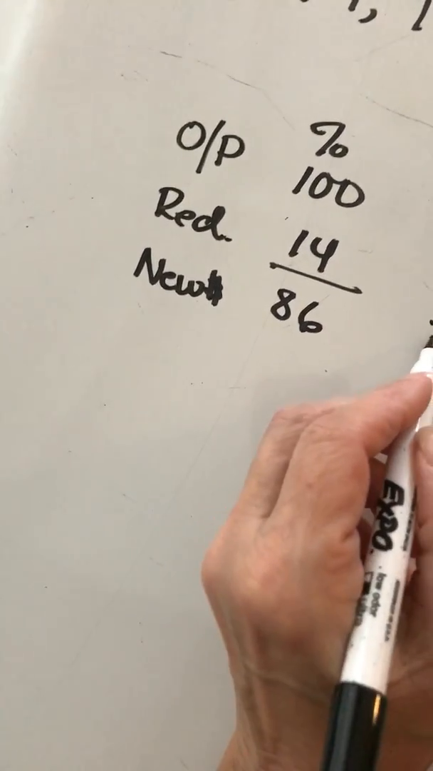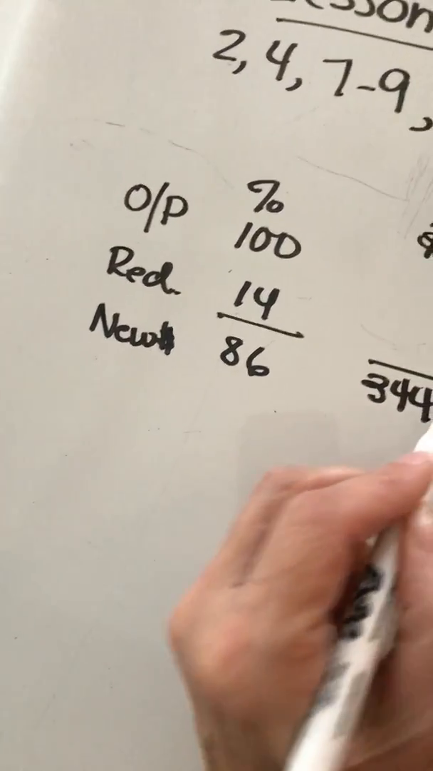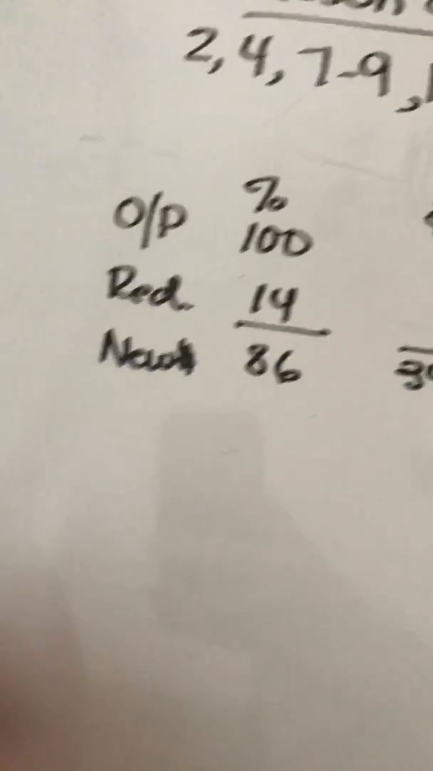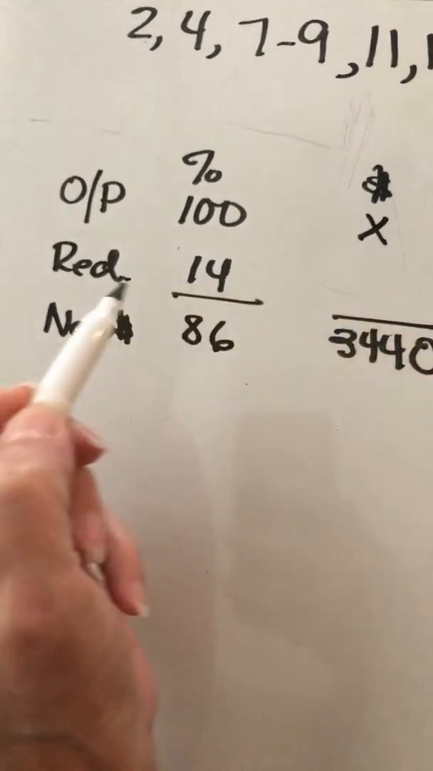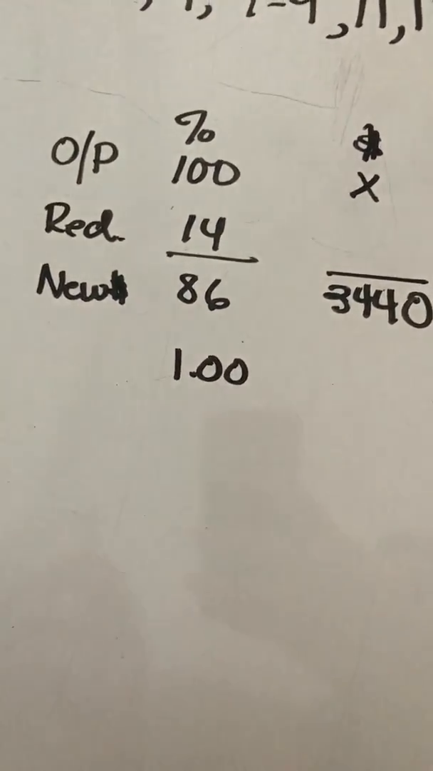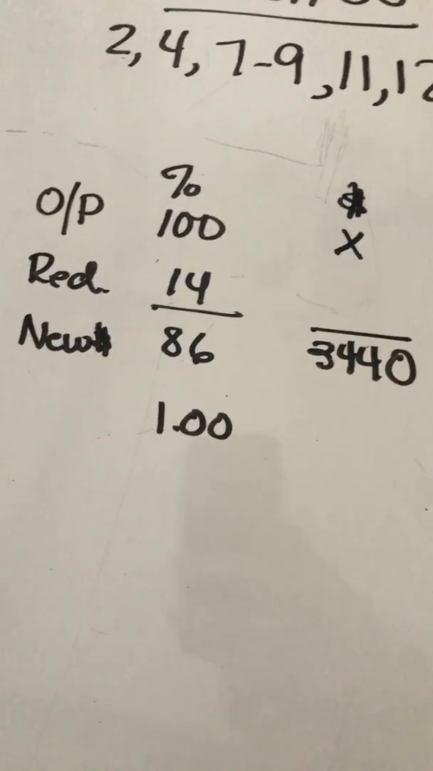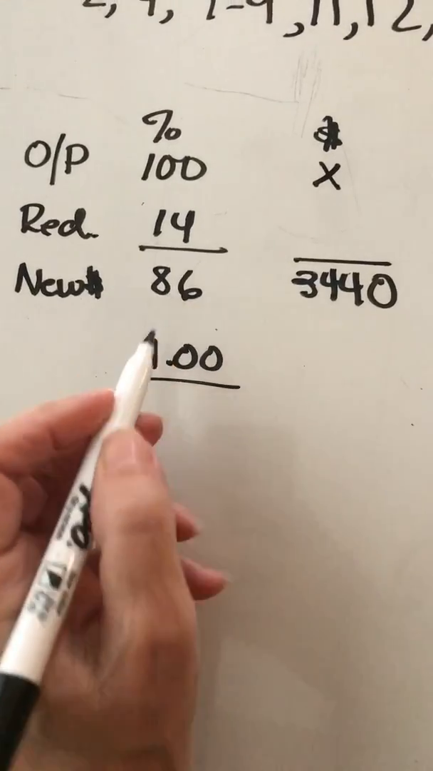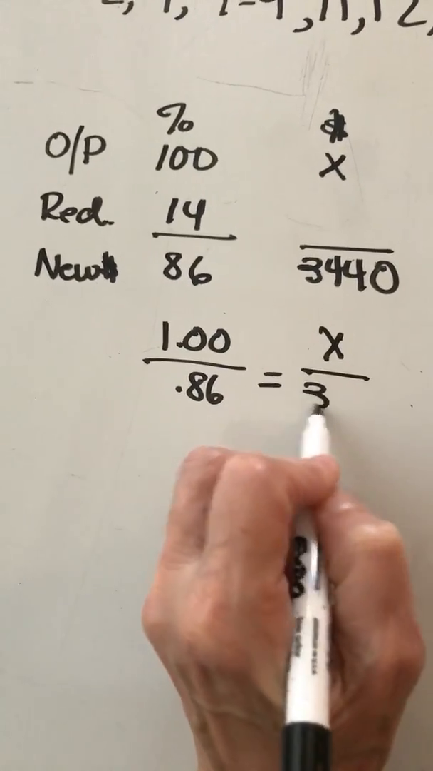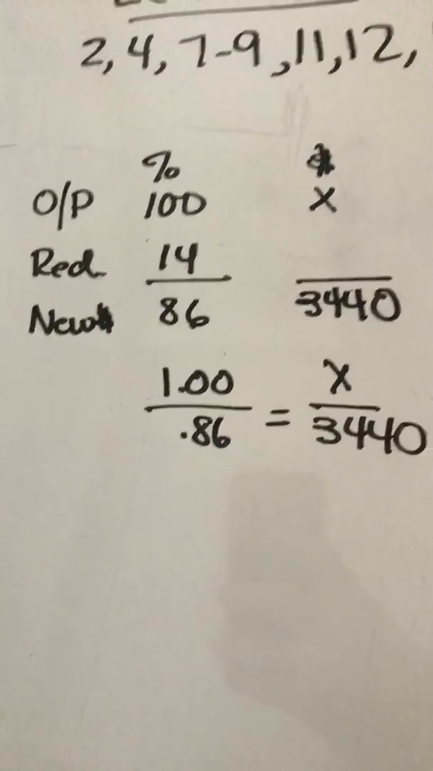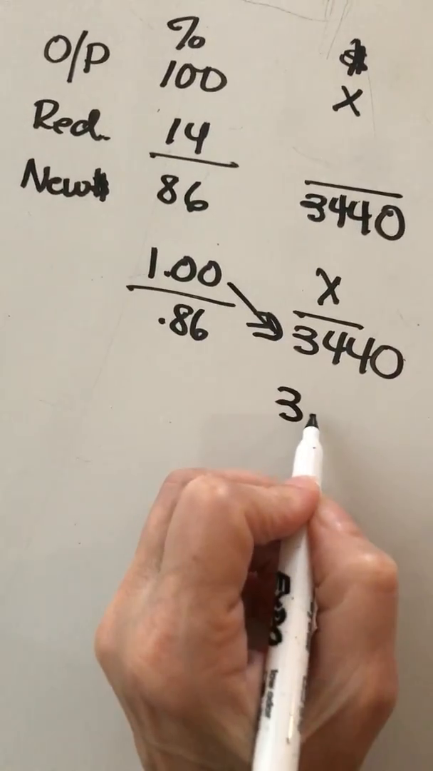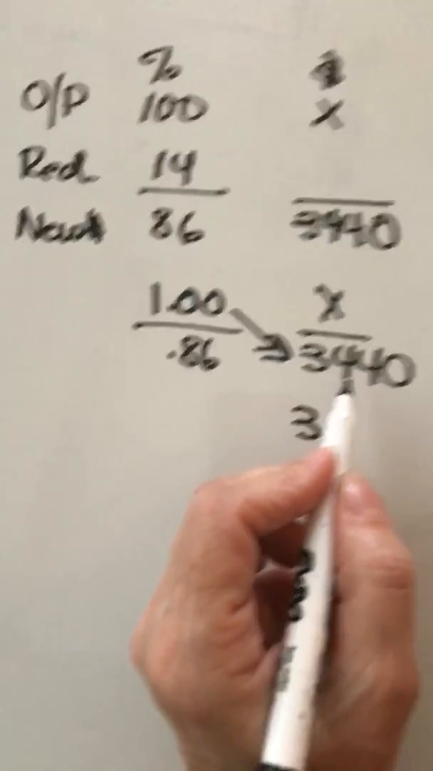So they sold it for $3,440. And the question is, what was the original price? What was the original price of the car? These are in percents. I'm going to do cross multiplication. So 1.0, converting the percents to decimals. Glad I have my trusty calculator here. Over 86%, or 0.86, equals X over $3,440. Cross multiplying, I have 1 times 3,440 is just 3,440,